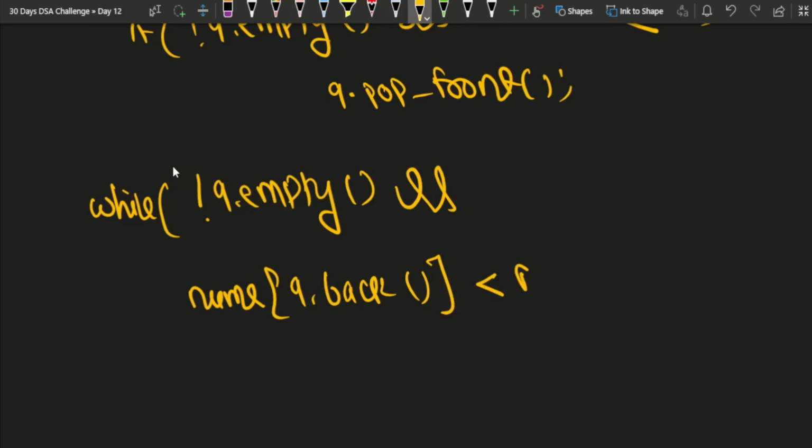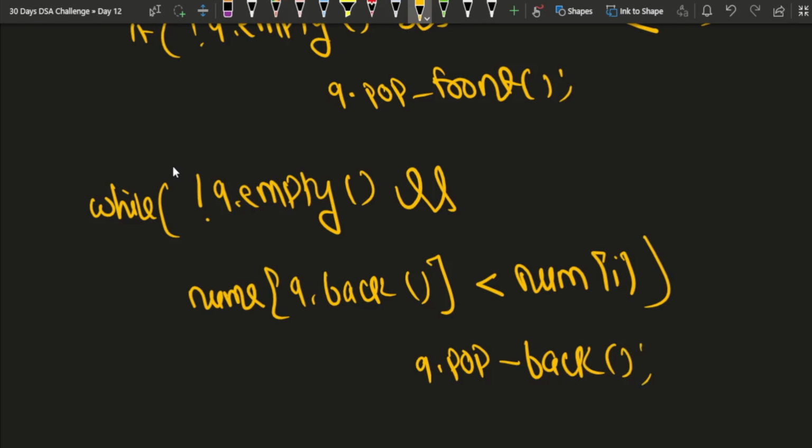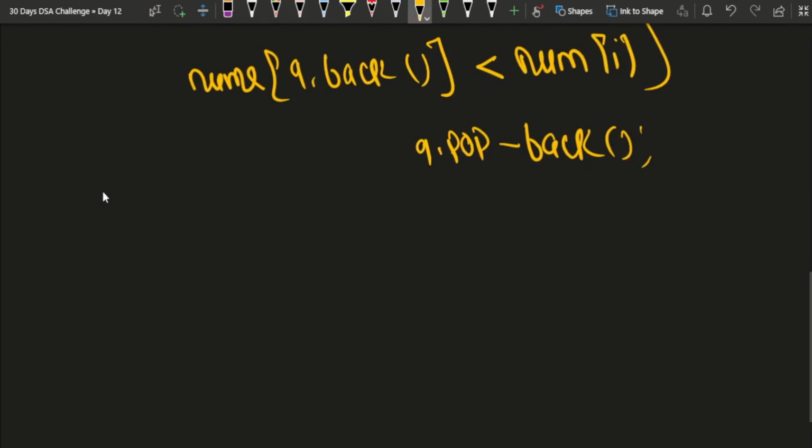If it is lesser than the current element, just do queue dot pop back, right? Just do queue dot pop back. See, whenever I am getting an element which is greater than what I have previously in my DQ at the back, I'll do pop. And after doing this, at the end, I can directly add the element at the back, right? So I will write queue dot push